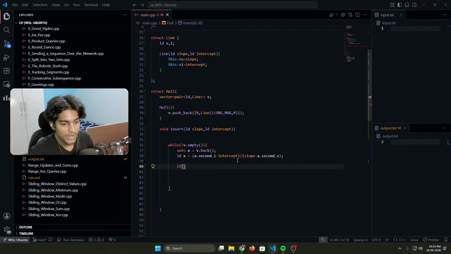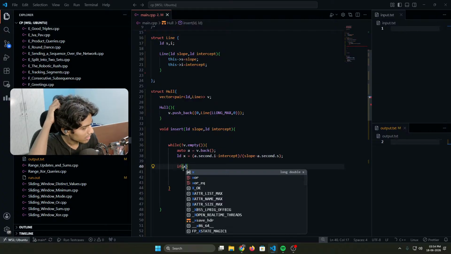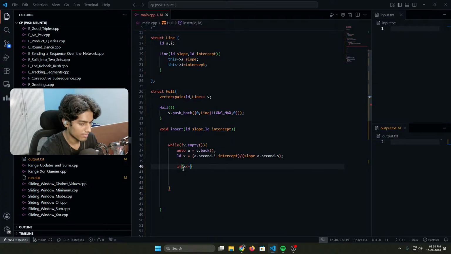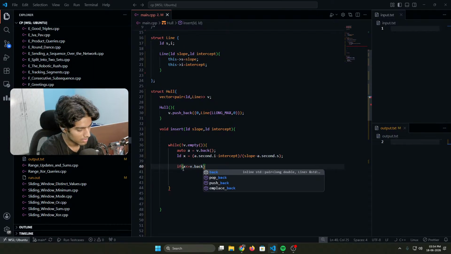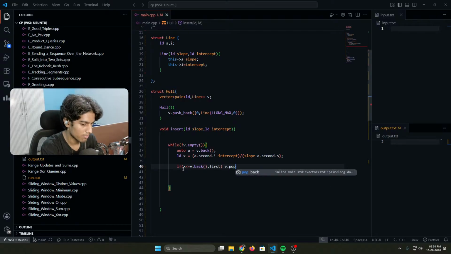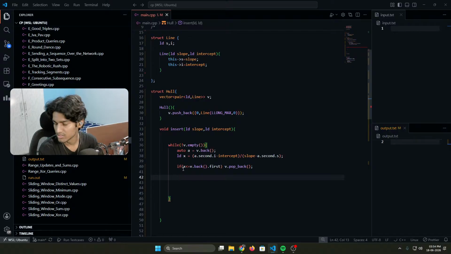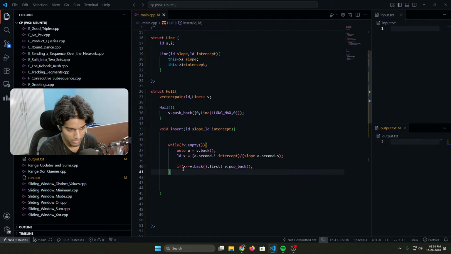Okay, so if x is less than or equal to b dot back dot first, then we will just do pop back, because that becomes useless now. We will keep doing that, and after all of that,